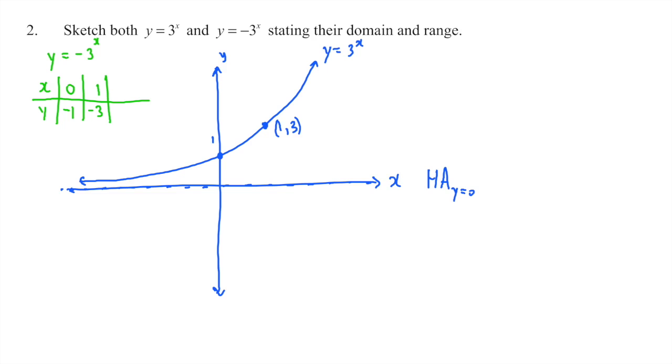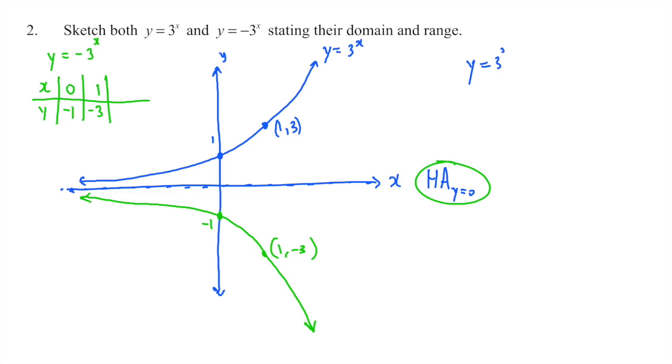I'm going to go to (0, minus 1). I'm going to go to (1, minus 3). And I know it's the same type of graph, but it's like that now. So it's (1, minus 3). It has the same horizontal asymptote, but when I look at their domain and their range now, so for y equals 3 to the